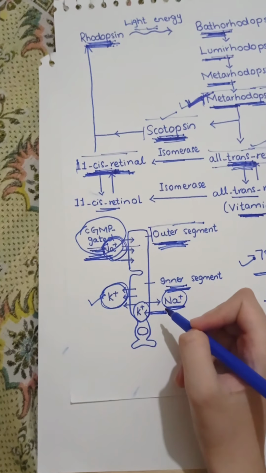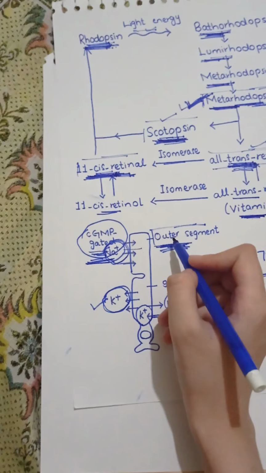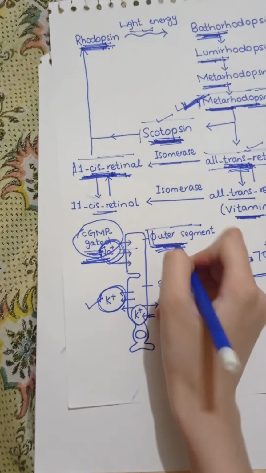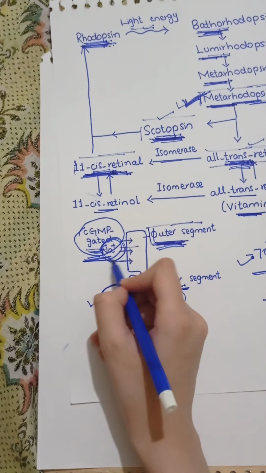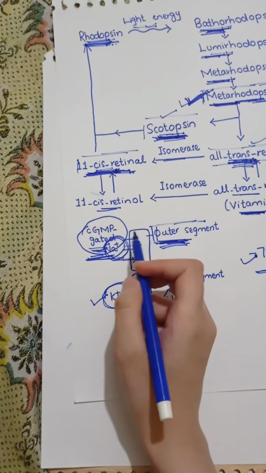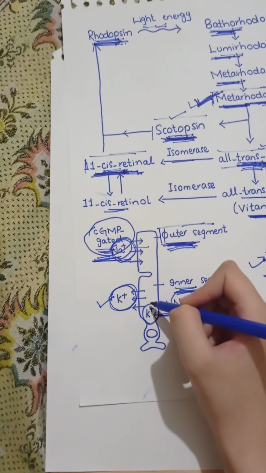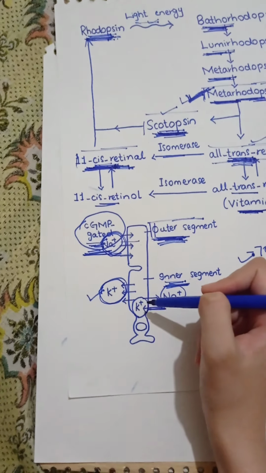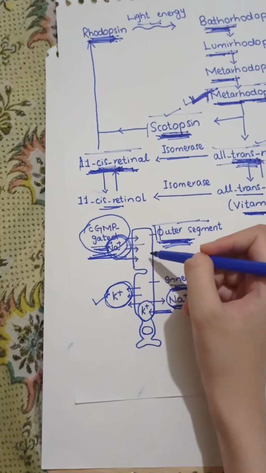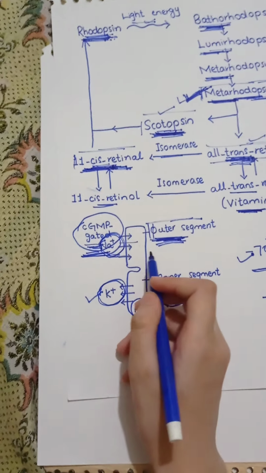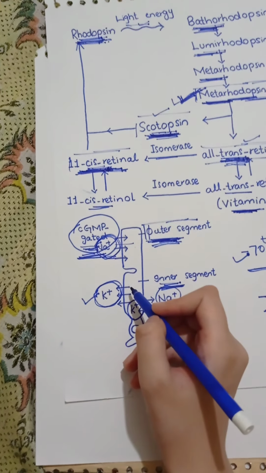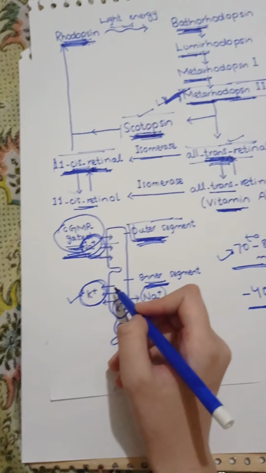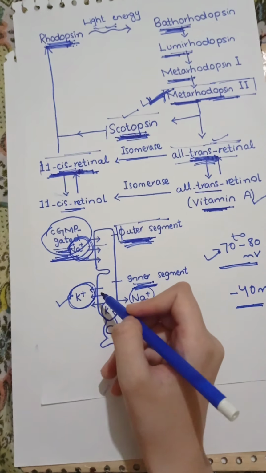this is not the case with the rod cells, because the cell membrane of the outer segment of the rod cell has cyclic GMP gated sodium channels, through which sodium continuously leaks into the cell. So the electronegativity which is created by the sodium potassium ATPase pump is neutralized by this sodium which is leaking into the cell. So there is reduced electronegativity inside the rod cells in the unstimulated state.